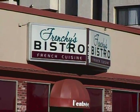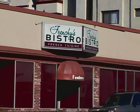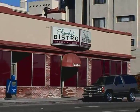So Frenchie's expanded, but now that they understood the value of signage and had experienced the impact it had on their bottom line, they added a larger V sign and refinished the storefront to enhance their street presence even more. Following the expansion, Frenchie's gross income increased 37%. And after a full year with the new larger V sign, Frenchie's income had grown an additional 34%